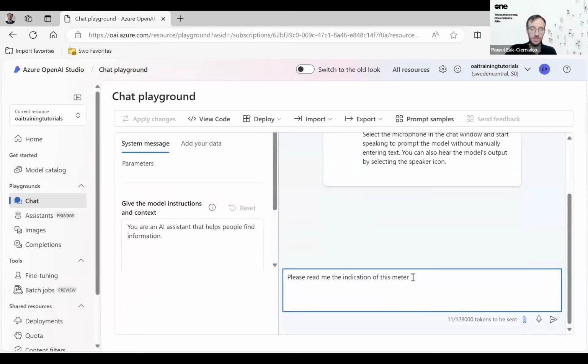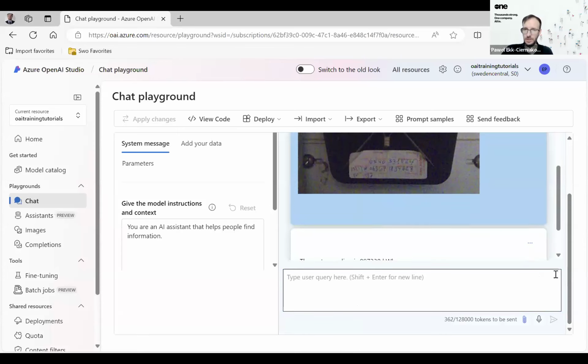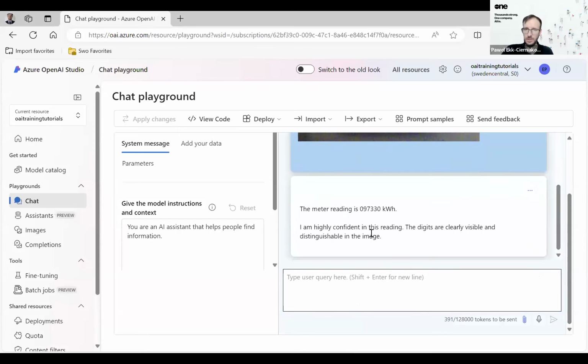So please read me the indication of this meter and tell about your confidence on the answer. So let's go with this meter. Okay, so as you can see, we are highly confident that it's the proper information. Of course, based on the